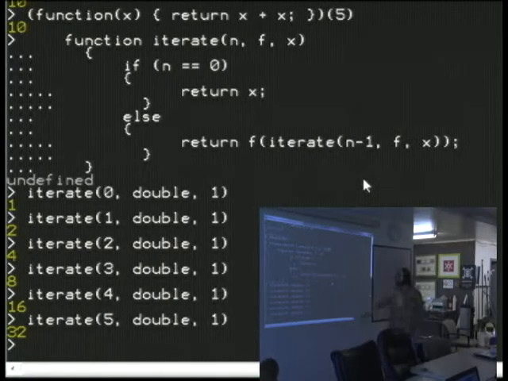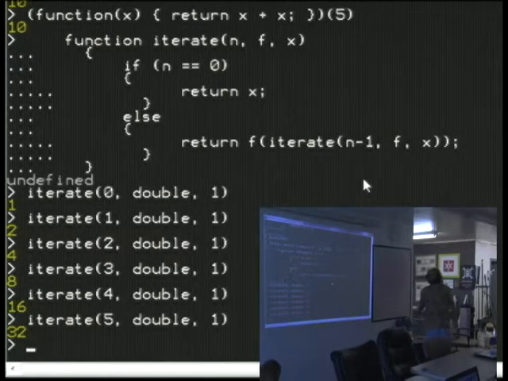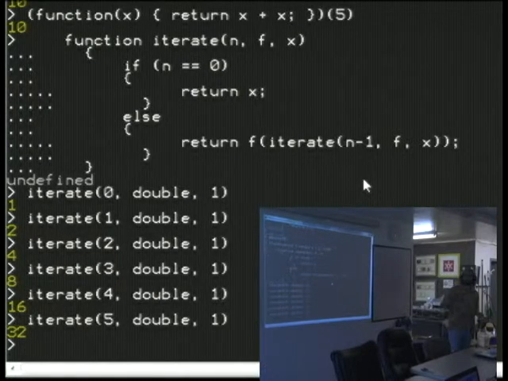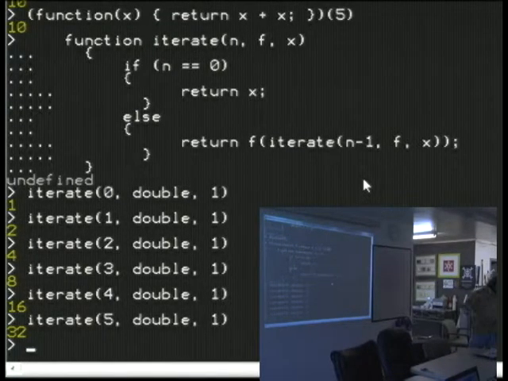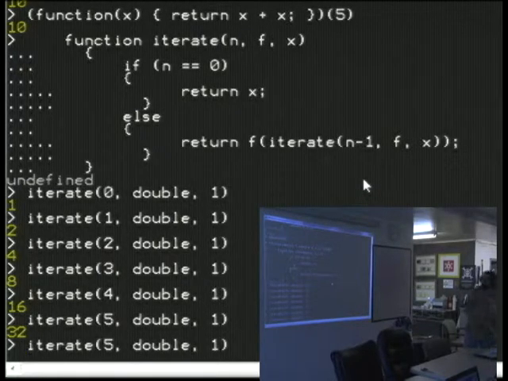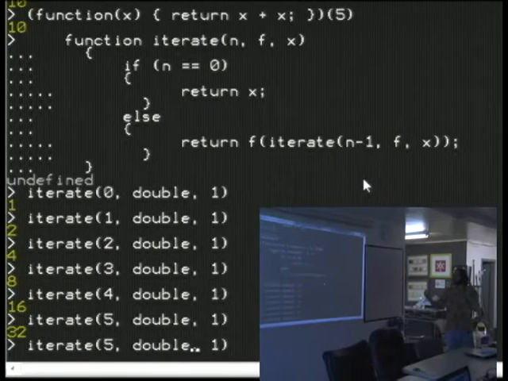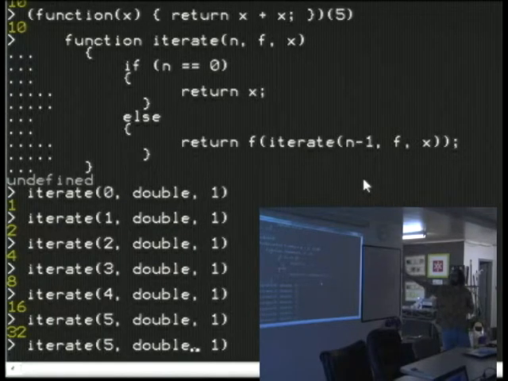But the important thing to note here is that we're passing double as a function to our function. And that's what's great about functional programming, it's like this whole meta thing. It's like, yo dog, I heard you like functions, so I'll let you pass functions to your function, so you can call functions while you're recursing through your function. And not only can you pass functions like this, that lambda syntax, which seemed kind of artificial and like,